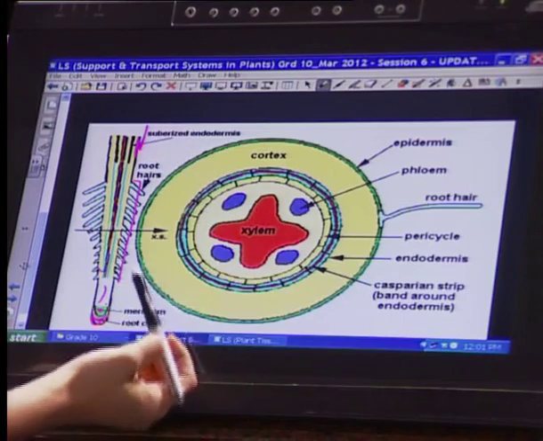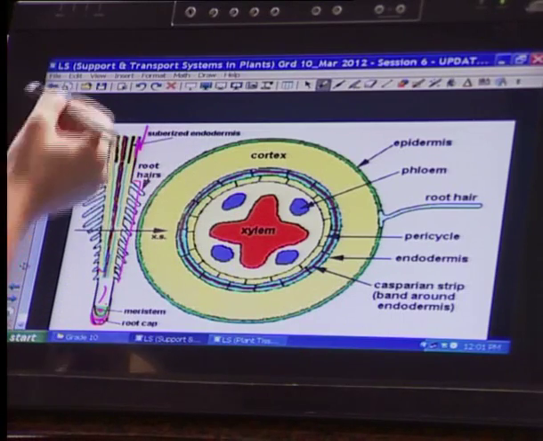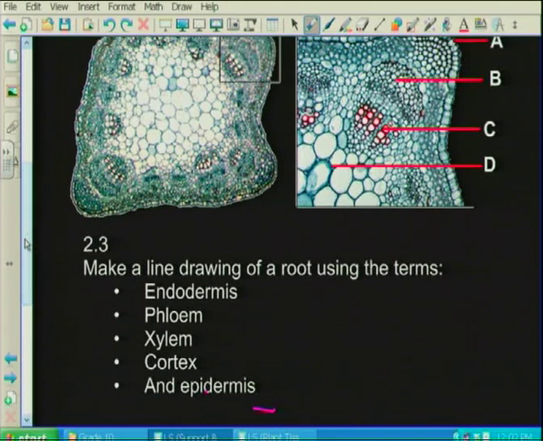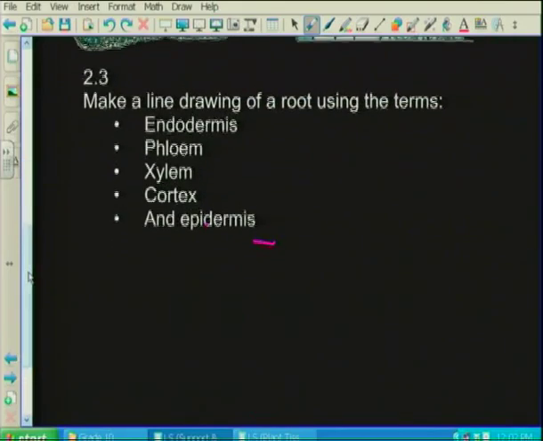So this is the cross-section or the line drawing that I would want you to make when we ask you this question. Now don't get confused with this photomicrograph. The photomicrograph is of a stem. The question here that they want you to make is of a root. So you would do your root. So that would be the one where you have your